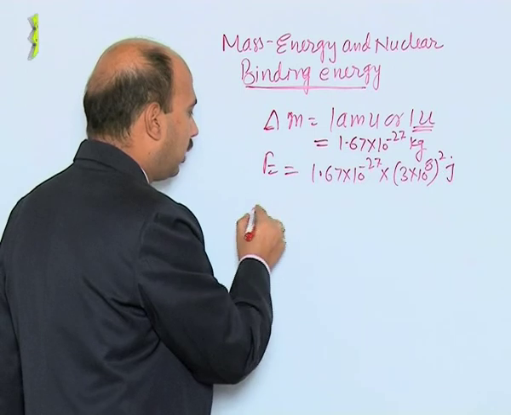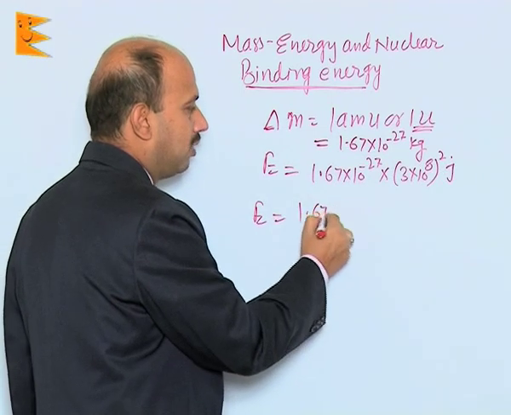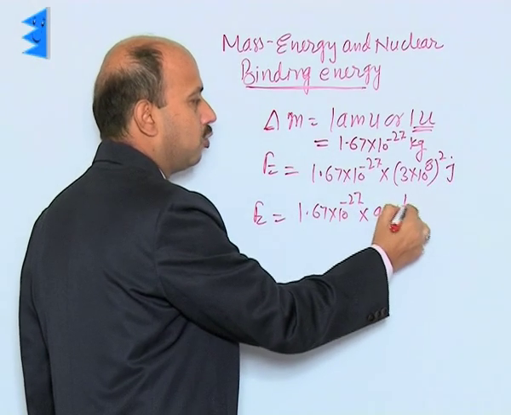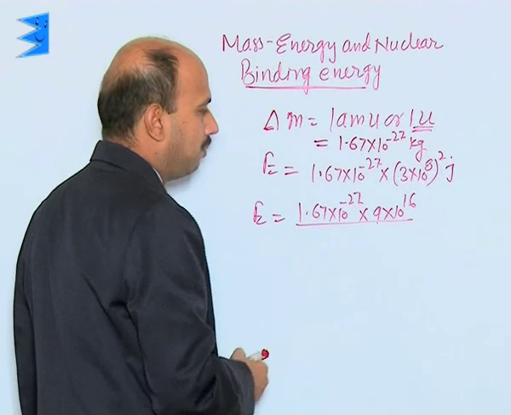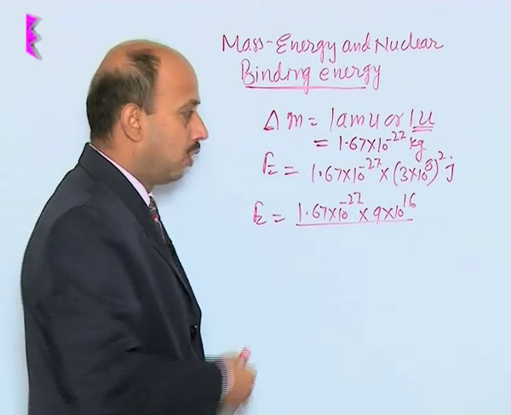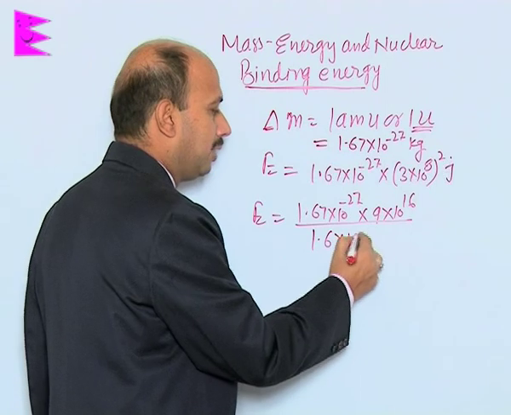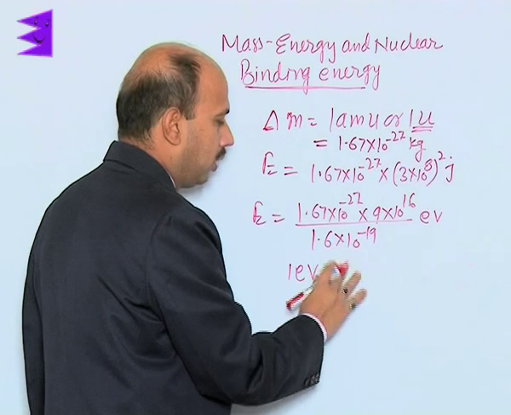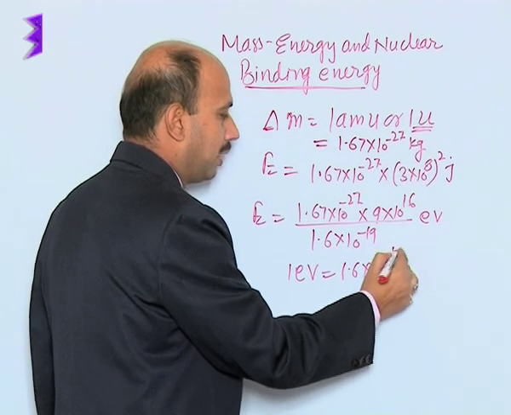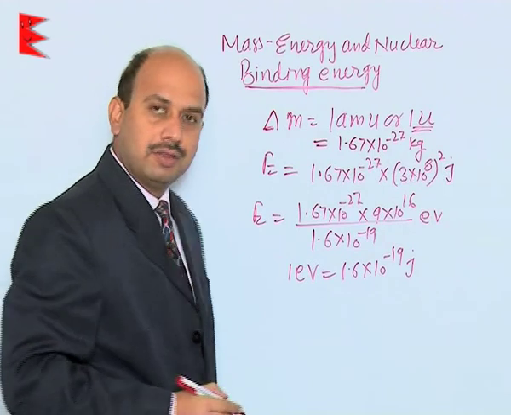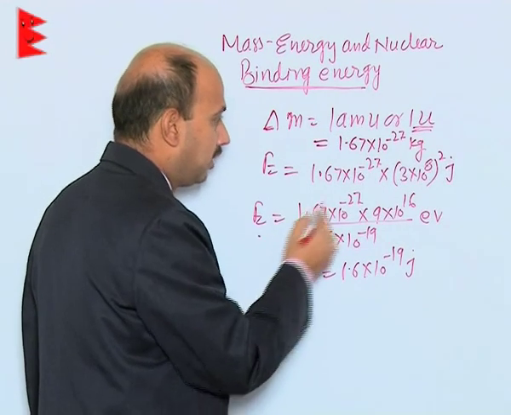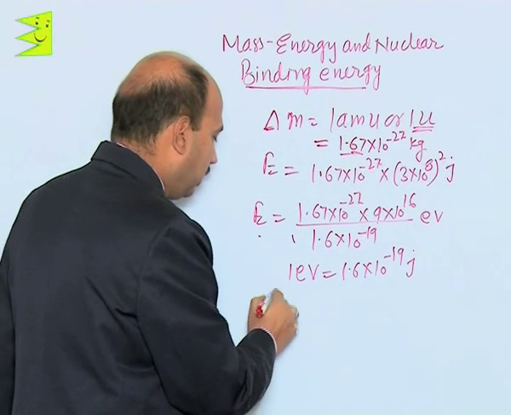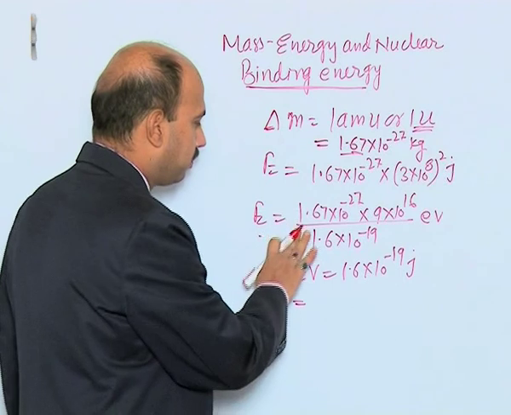When you convert it into electron volt, you get 1.67 into 10 raised to power minus 27 into 9 into 10 raised to power 16, divided by 1.6 into 10 raised to power minus 19, because 1 electron volt is equal to 1.6 into 10 raised to power minus 19 joules. So when you convert this mass into energy, and take the energy in electron volts, you will get E equal to